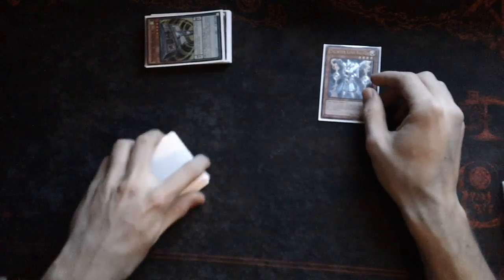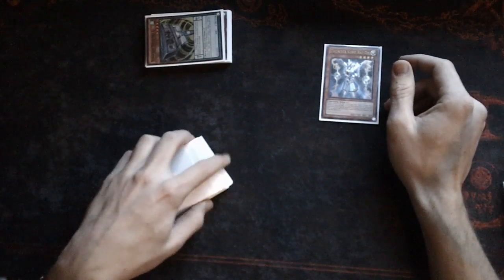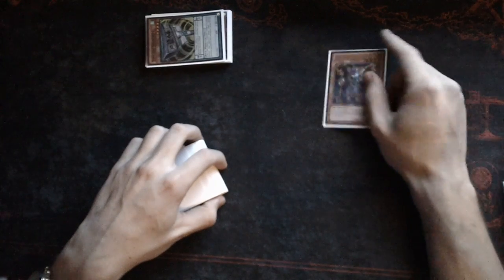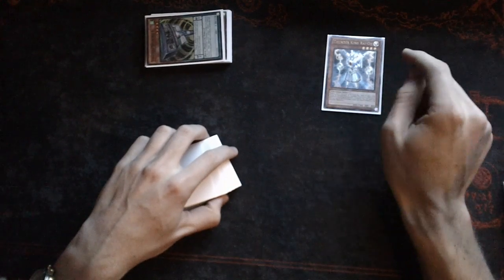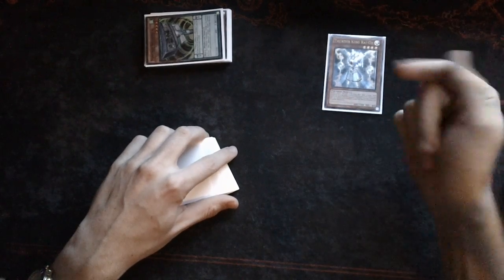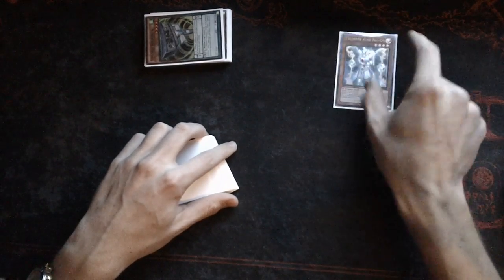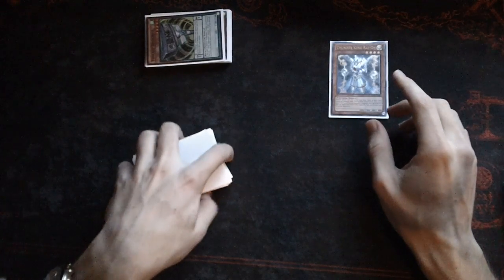Last monster is a Thunder King. Thunder King is obviously one of the best monsters to ever come out. Neither player can add monsters from their deck to their hand, except by drawing them. Now this is going to shut down Nekroz. It's going to shut down Clifforts, because both of those decks revolve around adding cards from their